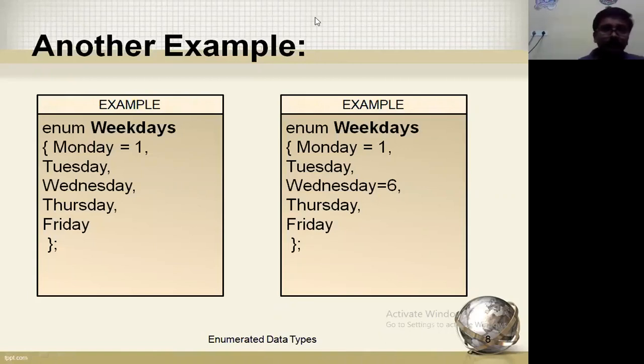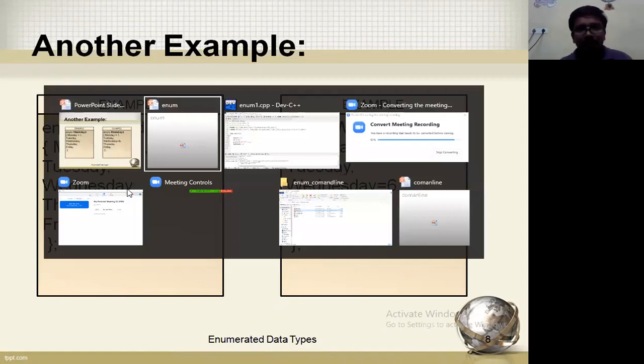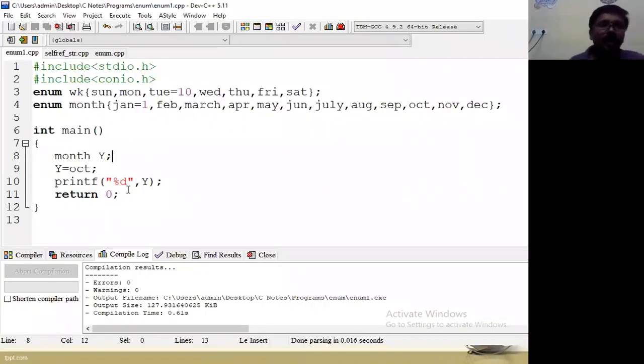Okay. So as per our discussion in the previous practice also, we declared an enumerated data type, here in this example, weekdays. In the previous example also, we declared two enumerated data types: one is week and the other is month. Week contains 7 days, and month contains 12 months. Weeks are not assigned any value initially.